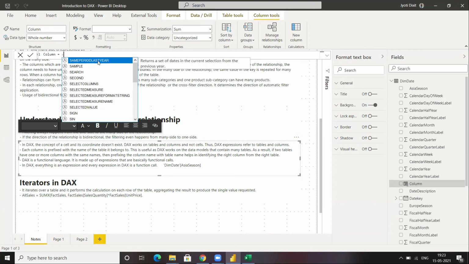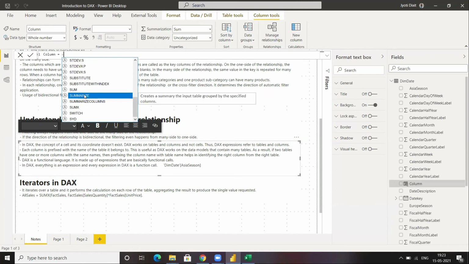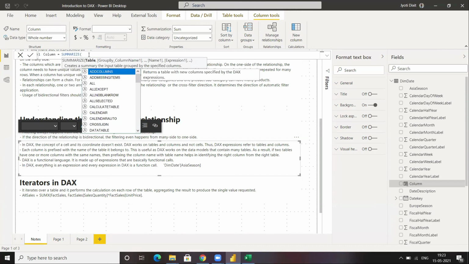Same period last year is a function, sign is a function, switch is a function, sum is a function, summarize is a function. If you click on summarize, you will see the definition of that function: it creates a summary of the input table grouped by specific columns.